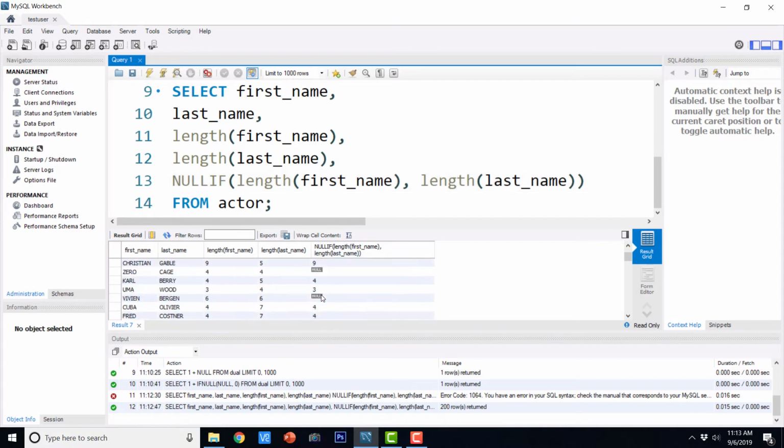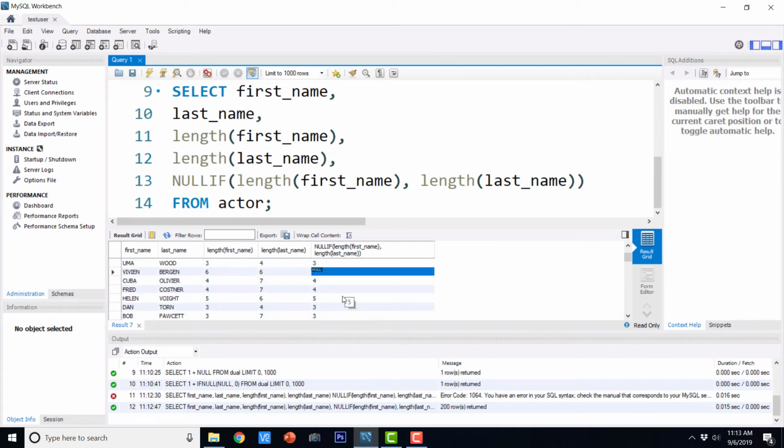Let us see if the length of first name and last name is equal. Here the first case satisfies that condition. That's why there is null in the corresponding column that uses the nullif function. And similarly here, Vivian Bergen, for that also the length of first name equals the length of last name, and that's why we have null here in the last column.